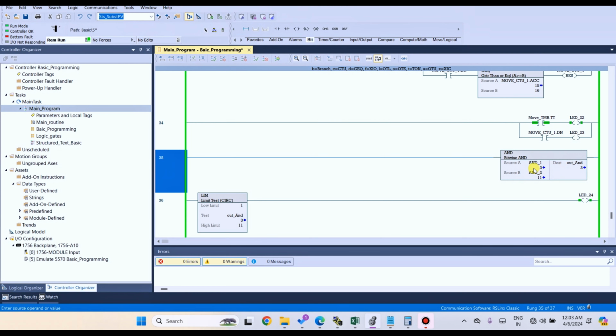Next, if source A is 4, I think you can easily understand the concept of AND gate. It is not a logical AND gate, it is a bitwise AND.